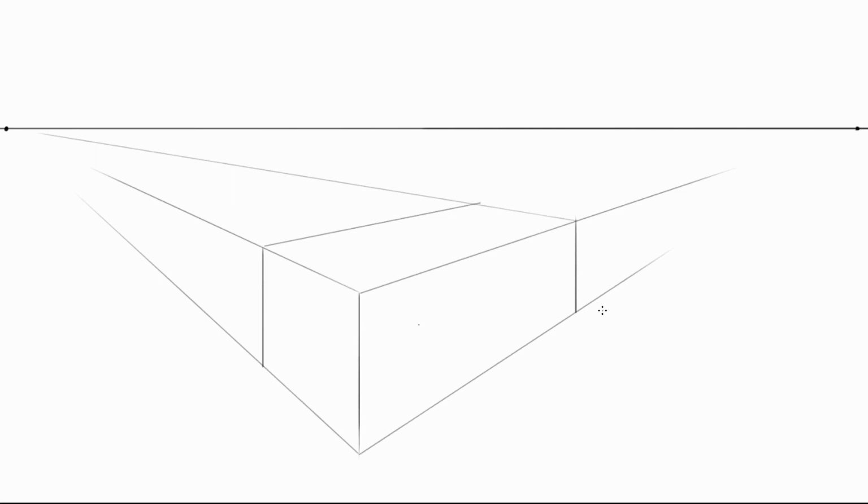So once you get the cuboid, now it's time to shape it into a sofa, or you can convert it to any product like a table or drawer or something. So now for the sofa, define the armrest width, and the other side slides thinner than the left side because it's in perspective.